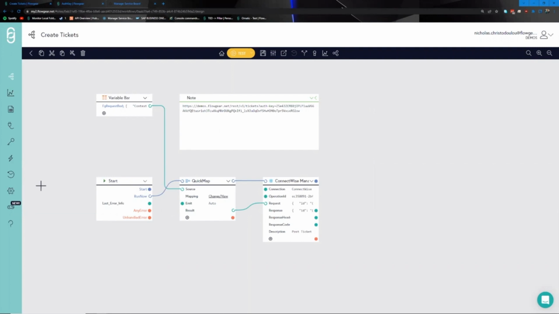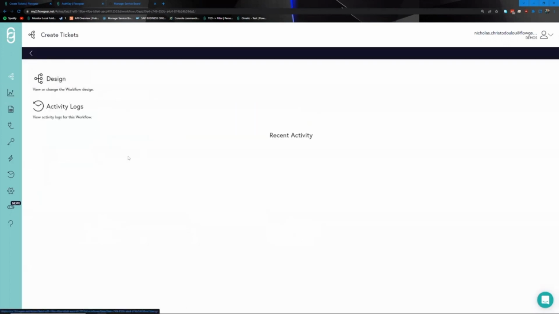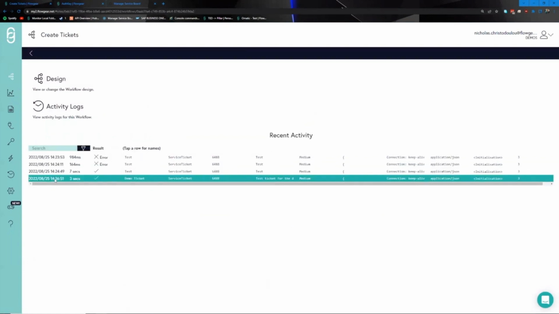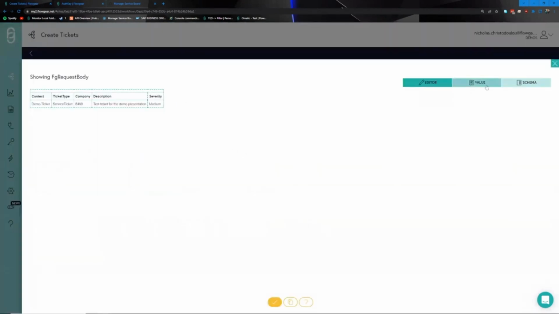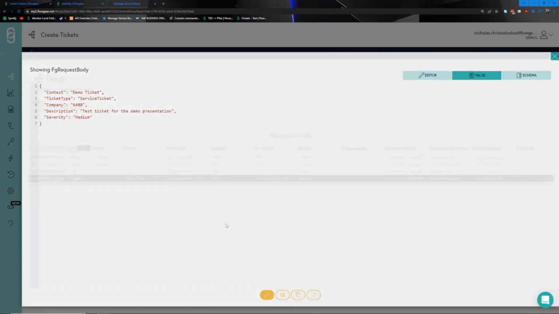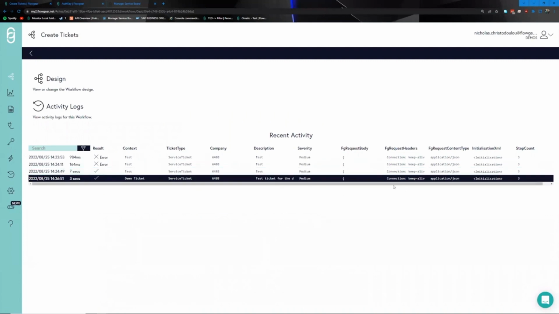And once that's complete, what I can go do is head back to the landing page over here. And what I'll see is that for this timestamp, there was a successful transaction where the kind of data that passed through was a payload that looked like this, where it was demo ticket, a particular service ticket, and then the rest of the data over here. So we did in fact receive that API call from the Postman transaction, and that has successfully moved on to